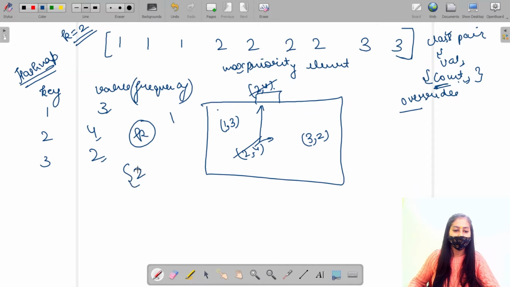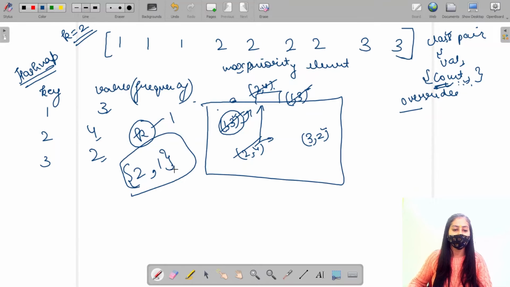So we will put this in our answer array list, right? Now the 1, 3 pair will come at the top. Why? Because the count of this pair is maximum, and the pairs are compared on the basis of count only, right? So 1, 3 is chosen. Now we will remove 1, 3 and put the value in the array list. So we have chosen k elements from the priority queue. So this will be our answer.